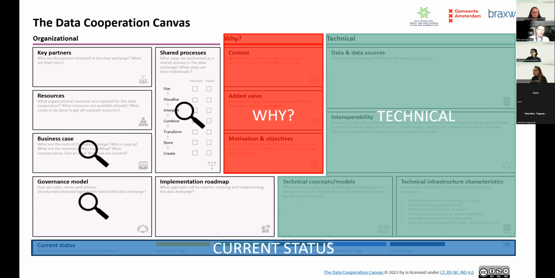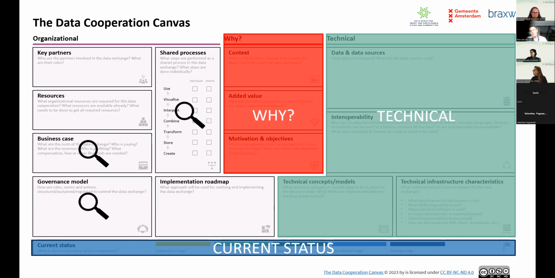So describe beforehand what organizations need to be there from the start, and what other resources might there be, resources technology-wise or legal-wise, or from the financial point of view. What kind of resources can you use to build this data cooperation? And of course, we will describe something like what is the business case?